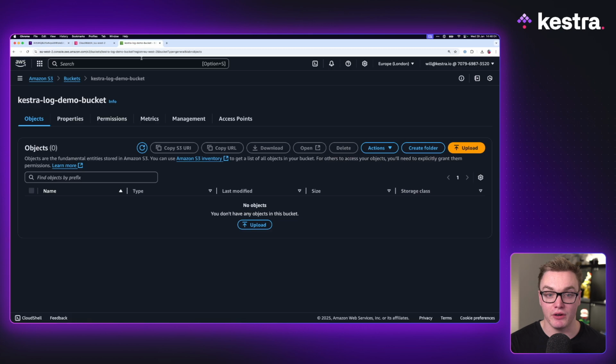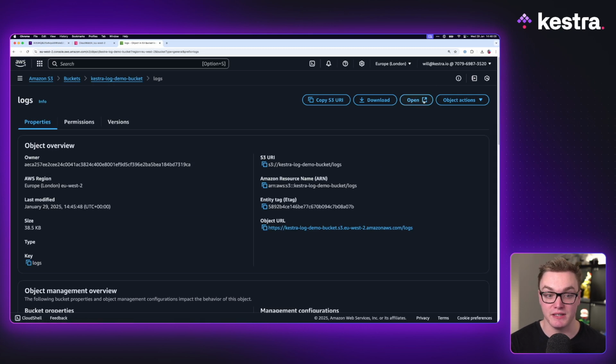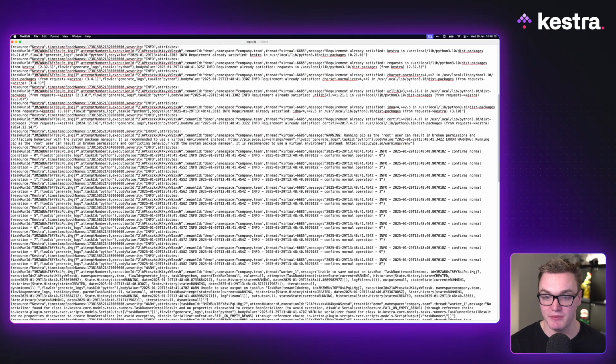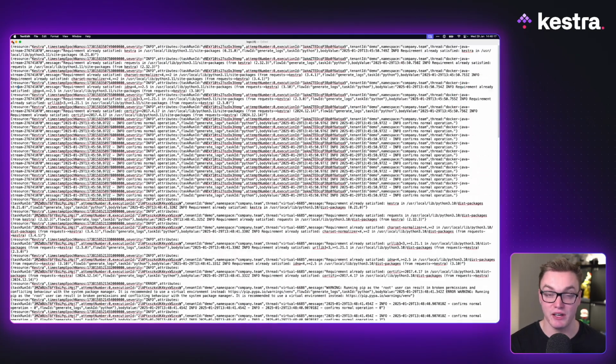So now if I go over to AWS and we give this a refresh, we'll see that the logs have successfully been uploaded to S3, and I can actually download it and open it inside of my system. And as you can see here, we've got all the logs here in a nice dedicated file to make things